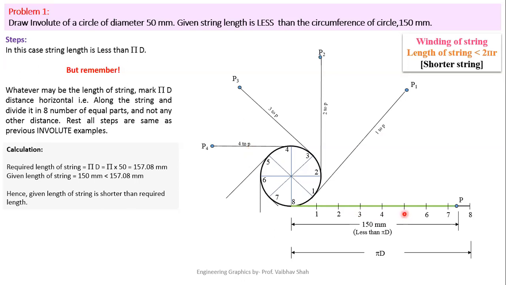Now for point number 5, take the distance from 5 to P and put your rounder at point number 5 and try to cut this distance of 5 to P on this line. You will be having point P5. Now take the distance from 6 to P on your rounder. Put your rounder at point number 6 and try to cut this line. You will be having this point as P6. Now take the smallest distance, 7 to P, on your rounder. Put your rounder at point number 7 and try to cut this line. Now, the final point would be your circular point.